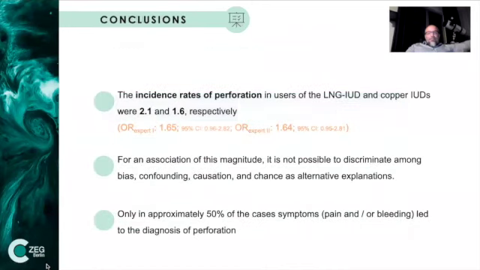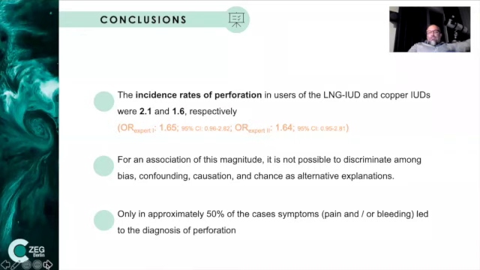Next slide, please. So the conclusions, what we found in the study was increased risk of perforation for Mirena users compared to copper IUD users, which was not statistically significant. And since the odds ratio of 1.6 is not very strong,